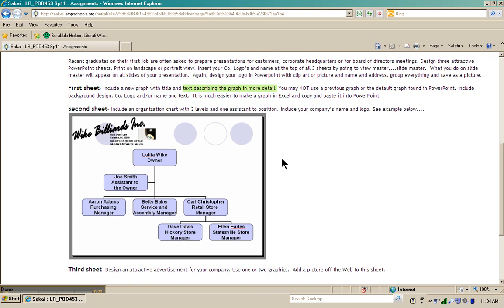Some of you may not be able to see this picture, but the first sheet included a graph with the title and text describing the graph in more detail. And the next one is where you will put in an organization chart with the name of your company. You have to design for this particular project a